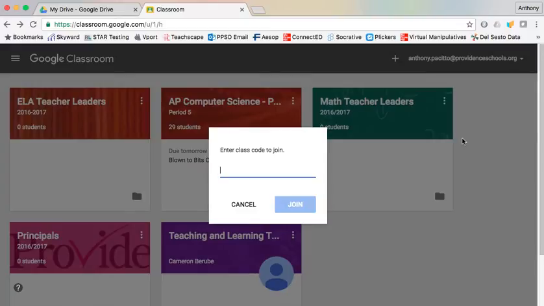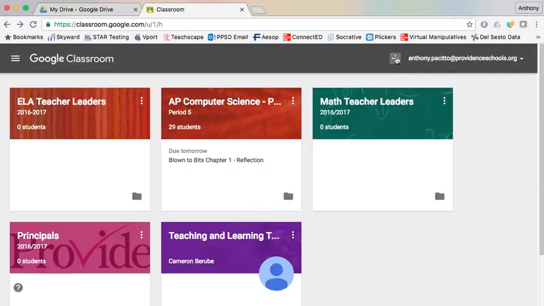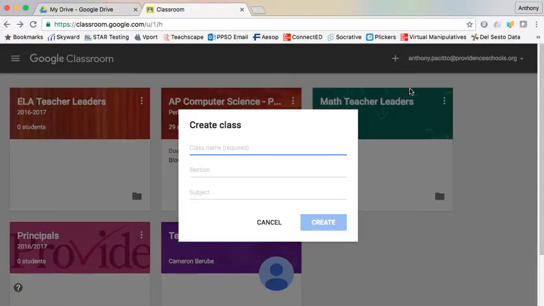When creating a class, you will first have to name this class. Then you can provide a section and a subject. An example might be